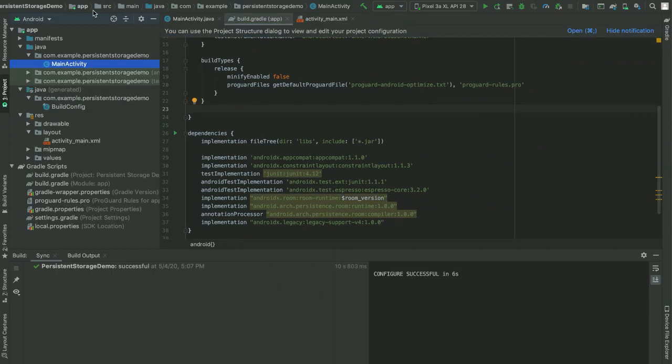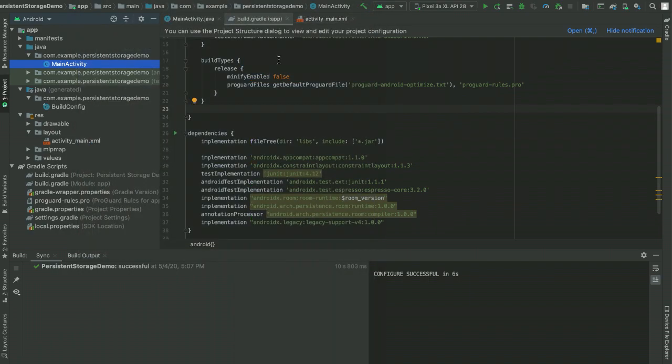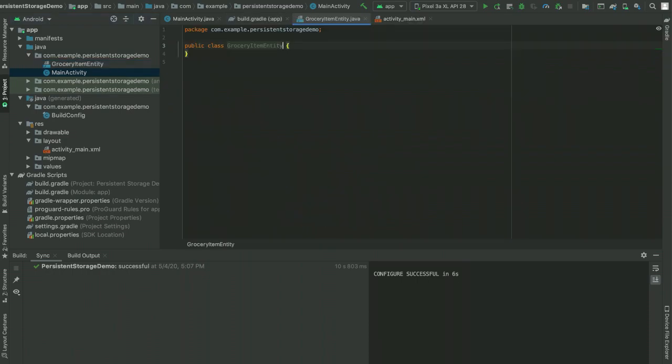Files are synced. We'll want to begin by creating a new entity. So this is basically going to represent one grocery item. So we'll create a new Java class for this. We'll call it grocery item entity. Pretty straightforward. And we will get started. So first we'll want to mark this with an @entity